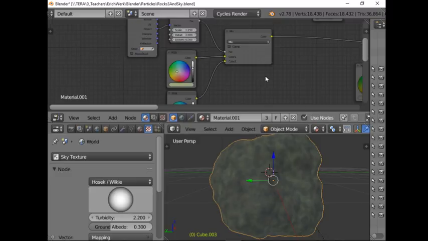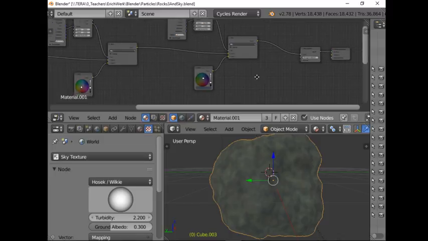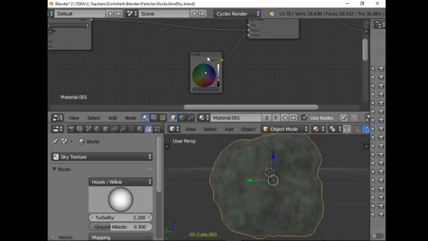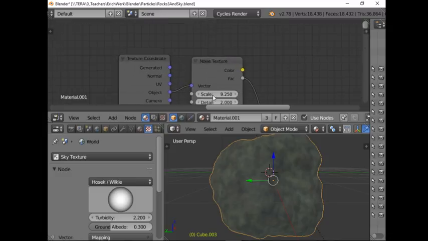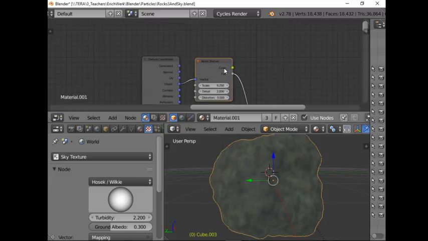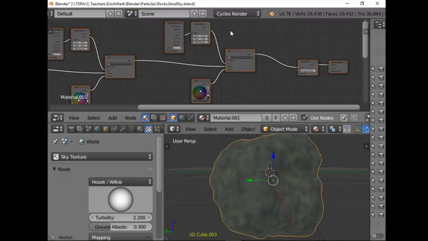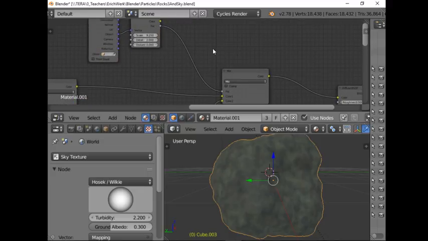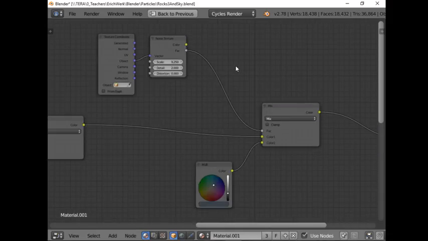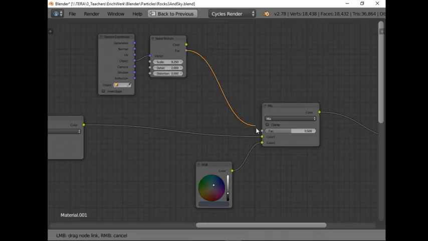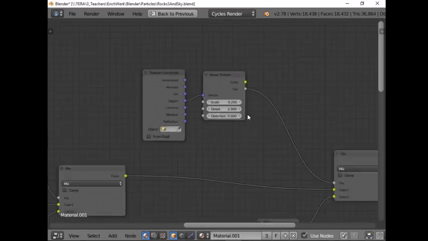And if I, for example, want to decrease the effect of the last color or the last noise texture, then basically I want to affect the factor, the noise texture,